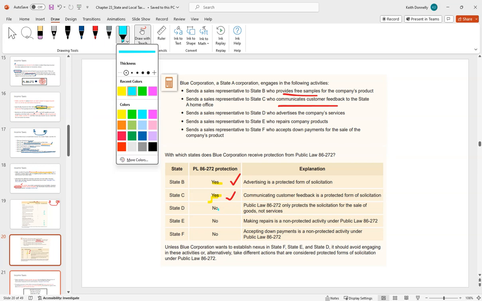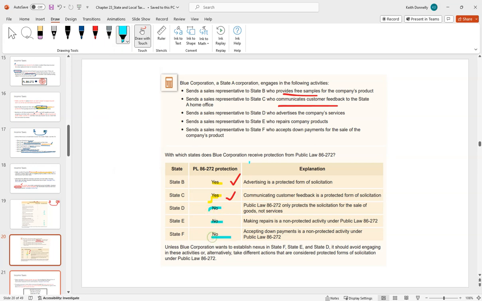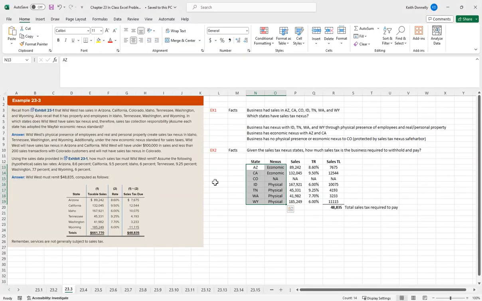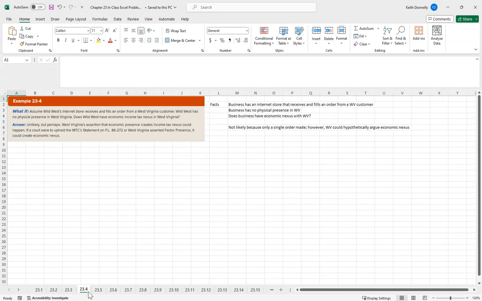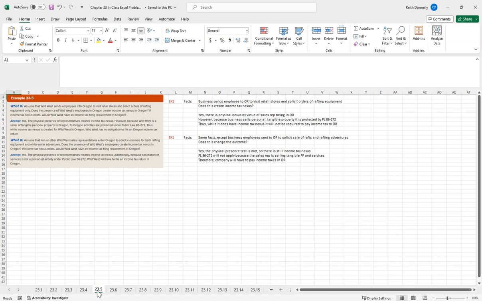The other states, they're going to be blue over here. They're advertising the company's services. Services aren't protected, only personal tangible property. They make repairs, that's not protected. They accept down payments, that's not protected. So if we go to the book here, just to show you some examples,